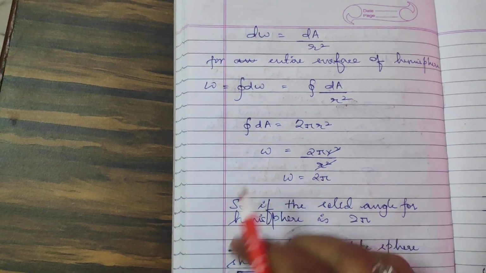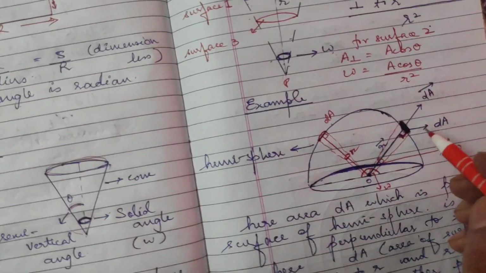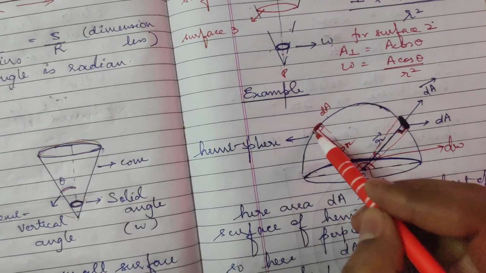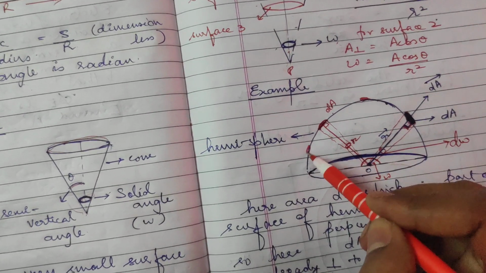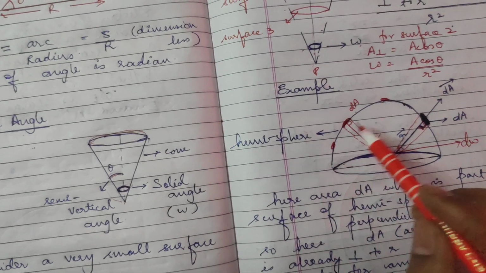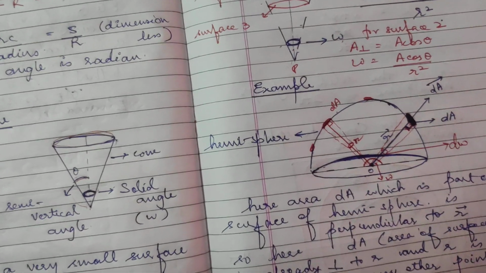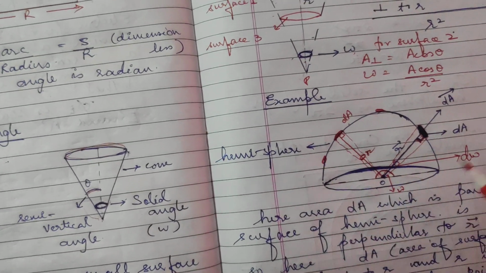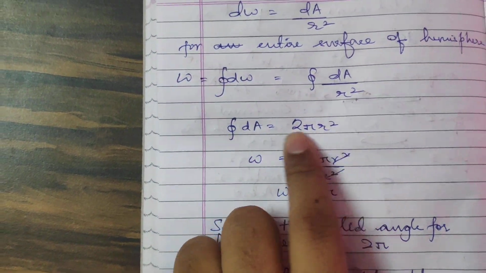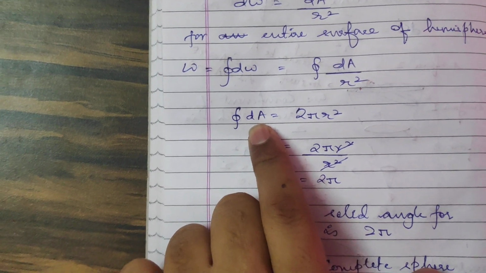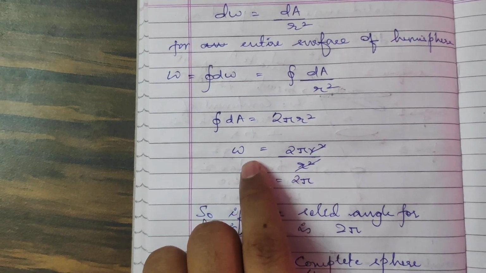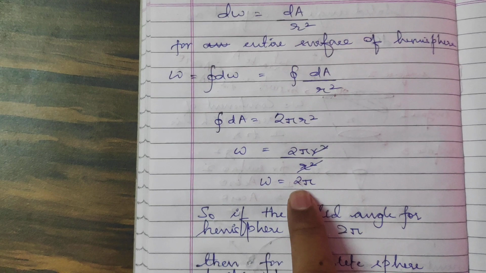Surface integral dA. What does surface integral dA mean? See, dA is a small point on the surface of the hemisphere. And like this dA, there can be this also. This can also be called dA. So likewise, I can take a lot of dA, infinite dA, on the surface of the hemisphere. And if I add the area of each dA, I will get the surface area of the hemisphere. So integral dA means I am adding all the dA on the surface of the hemisphere. So the value becomes 2 pi r square upon r square. Placing the value over here, I get omega equals 2 pi.